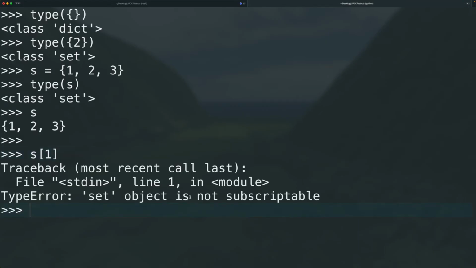It tells me that indexes on sets is not supported. So that's the main difference between sets and lists and tuples. Another difference is that you cannot have duplicates right here. So if I add this for object to my set, now sets are also mutable, so you can change them,